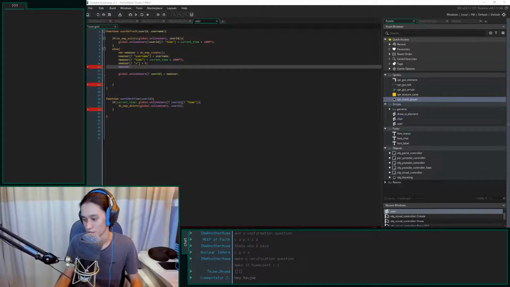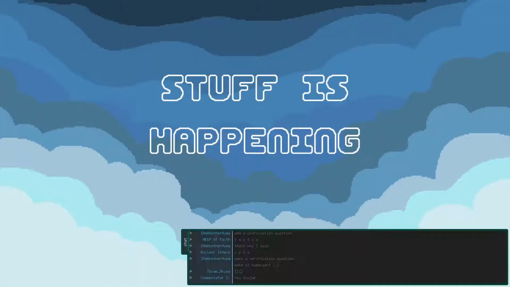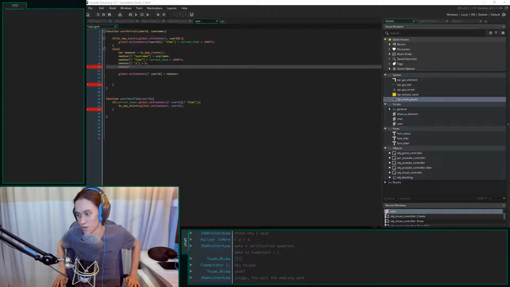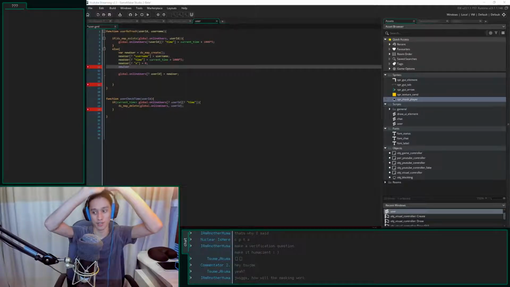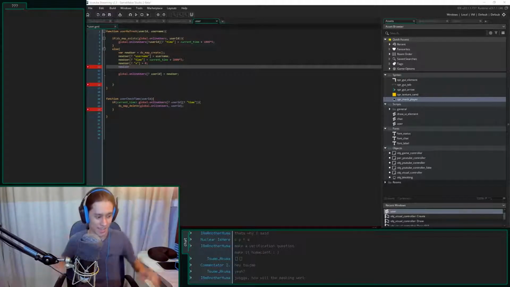Where's my stuff is happening page? Stuff is happening. I need to get rid of my light, or maybe possibly lower the brightness of it. Yeah, okay, it looks like the light is killing the battery. And then when the battery runs out, it looks like the light is drawing more than the power putting in. Oh, excuse me. Here we go. Let's see if this works. Windows. Ta-da! Ow. I keep hitting my head. My bed is literally right here, so if I go up a little bit, I hit my head on it.